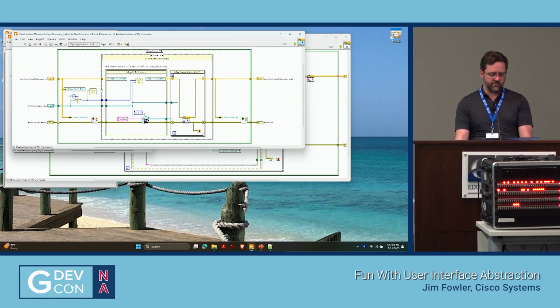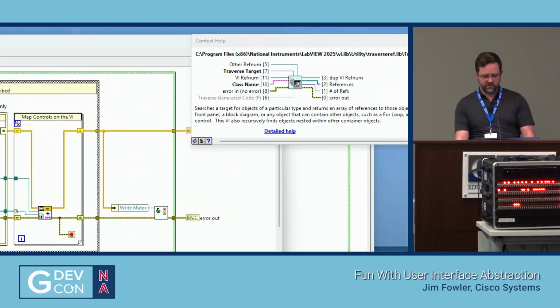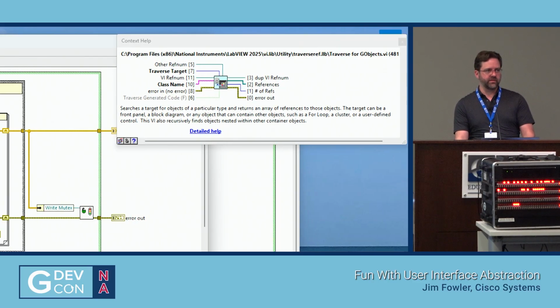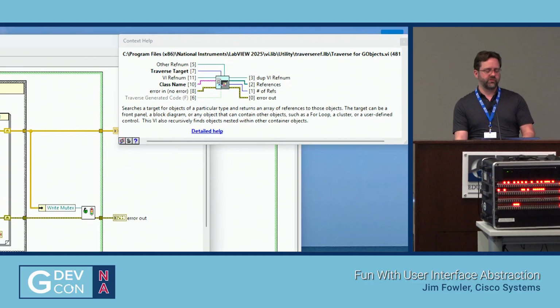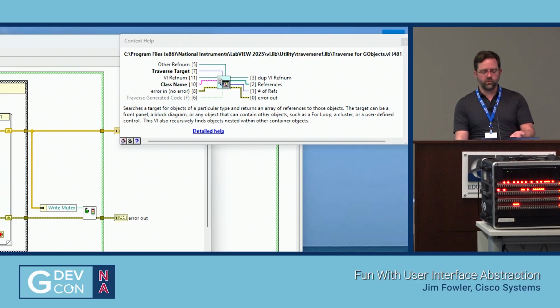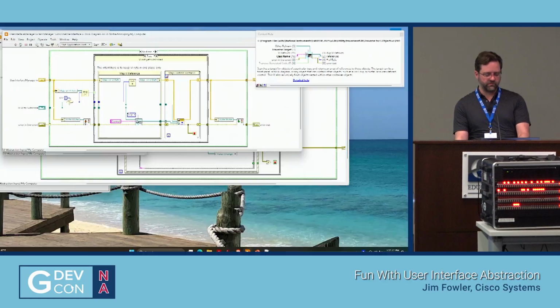I'm using the traverse for GObjects, which is very useful, and it'll find all the controls, whether they're nested. We're not so much concerned with what's nested in a cluster per se, but what's on a tab control. You want to be able to go through those things in a nested fashion, otherwise you're going to miss some things.